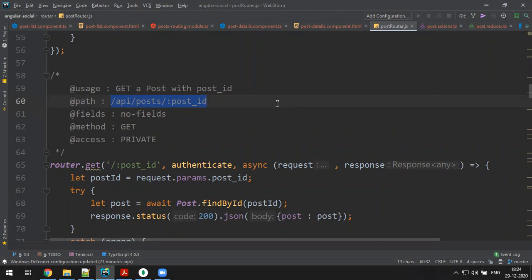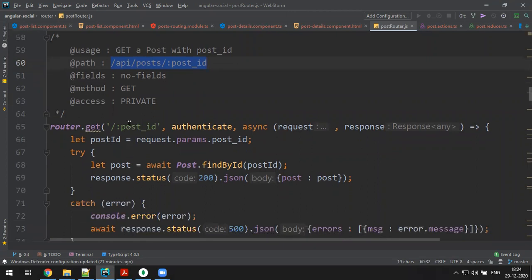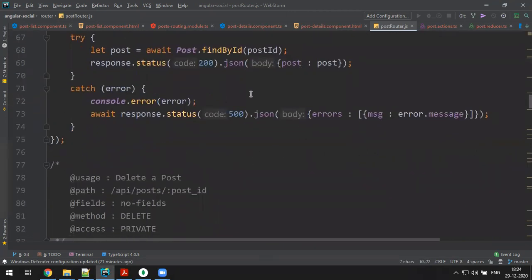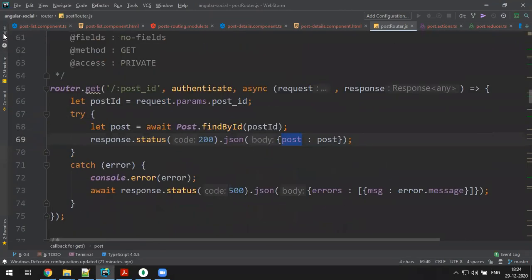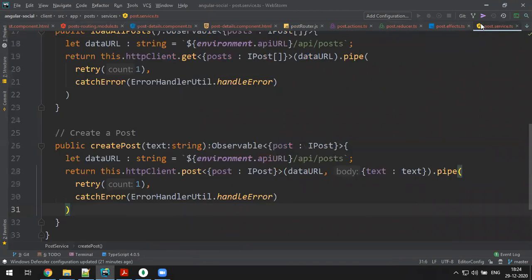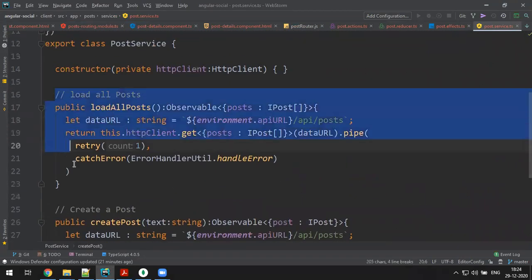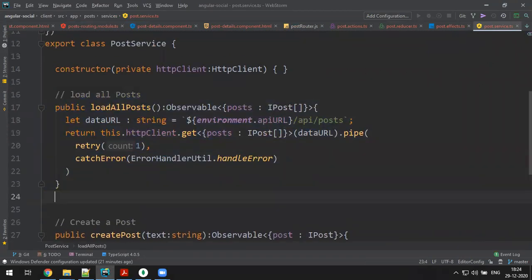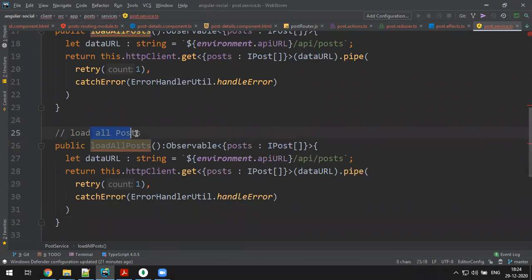Let's start with the service. It will take the post ID, no other fields, and gives you back the post. So here I just copy this one, load all posts. For a single post, just say load post, not all.